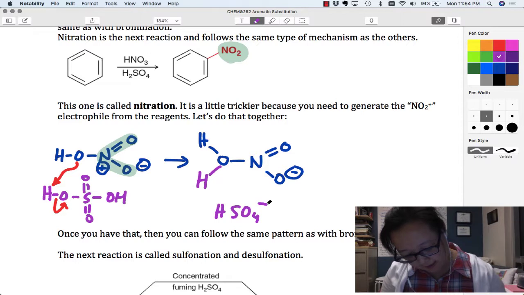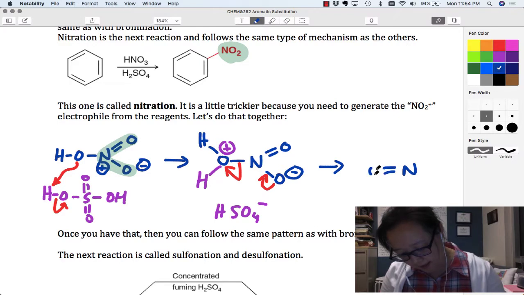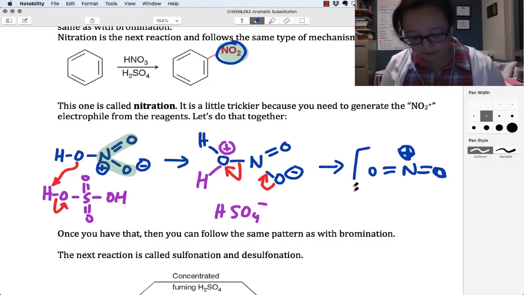HSO4 minus is left over, and a positive charge here. So basically what's going on is I can draw some resonance here, or maybe I can do that and then show that. So that's going to give me an NO2 group, but it looks different from what I have in the benzene, right? Up here. That's actually going to be a little bit different, but here's this